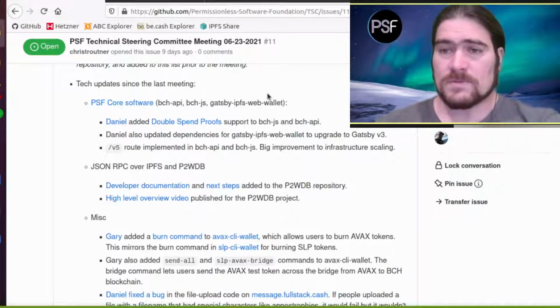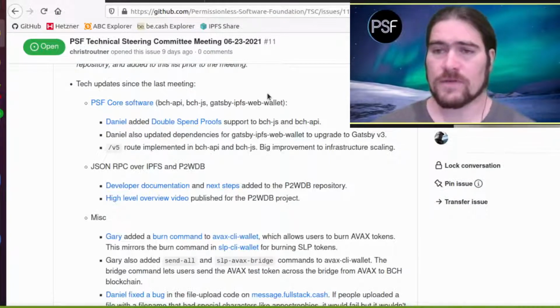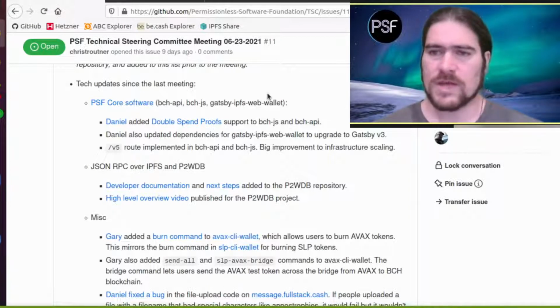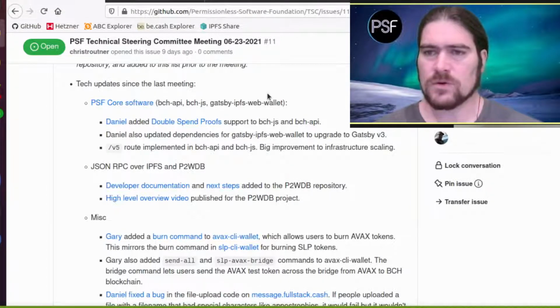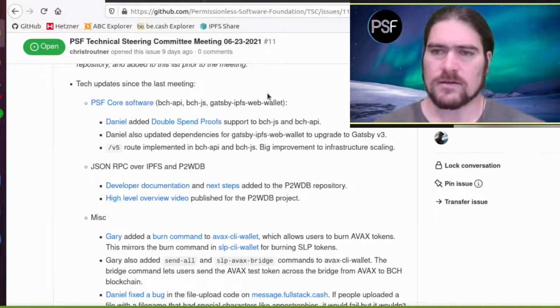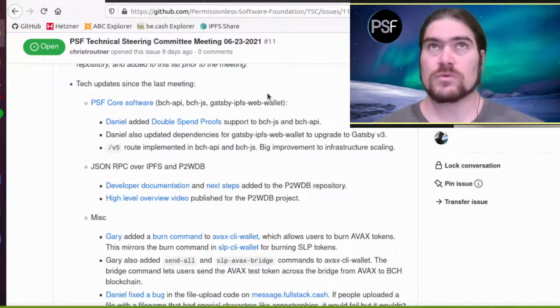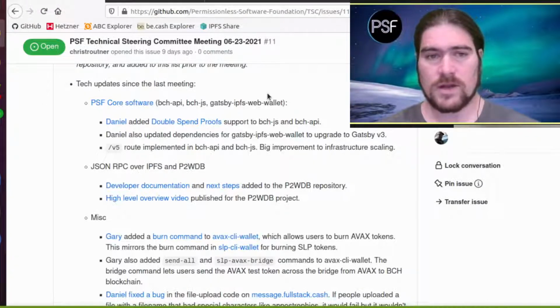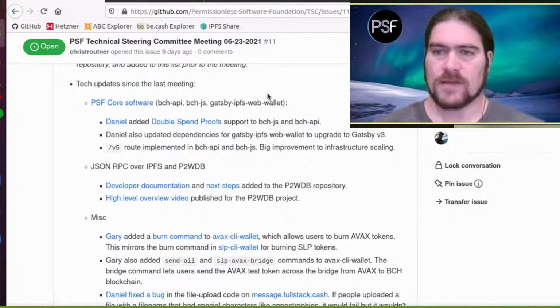And we've been experiencing some pretty steady growth with fullstack.cash. Developers really appreciate the ability to just read one page of documentation and maybe some example code and hit the ground running. That's what we're all about. Our API requests last week exceeded 600,000 requests per day. And so being able to scale and stay ahead of the growth curve is something I'm heavily focused on right now. And Daniel, who couldn't be here today, one of our most active members, he's been working on some of the scaling tech. So I'm actually going to jump to this last item.